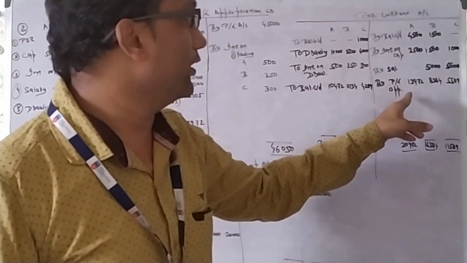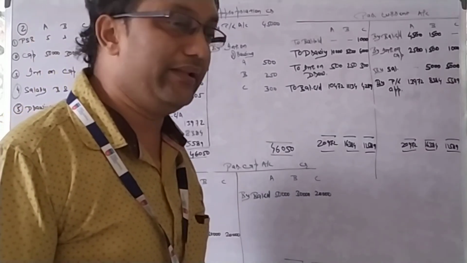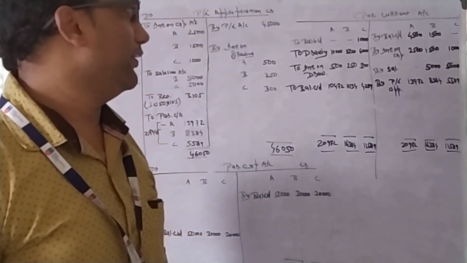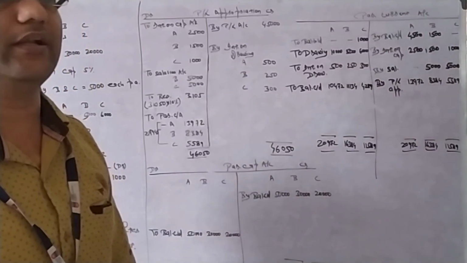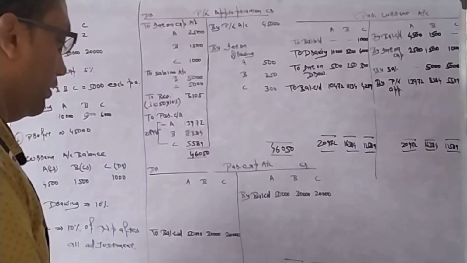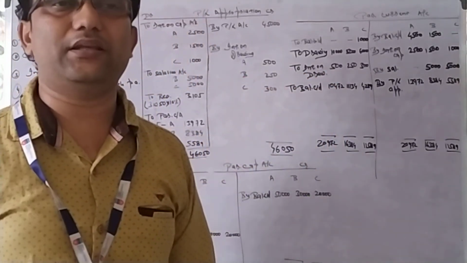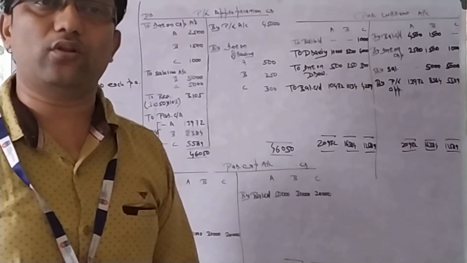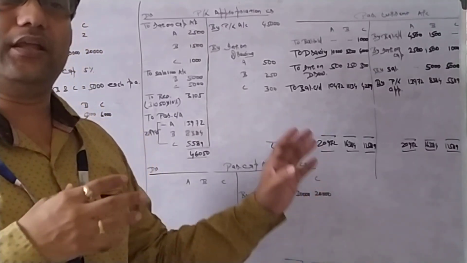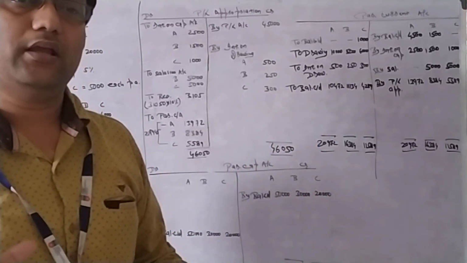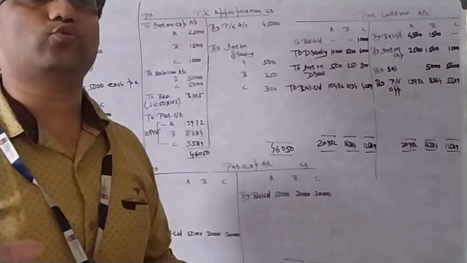So adding opening balance, adding interest on capital, adding salary, adding profit, deducting drawing, deducting interest on drawing, we will get our balance c/d. So we are getting two balances here, one of capital, one of current account. Both the figures will go separately in our balance sheet. So this is how we need to prepare when they give you a fixed capital method. And in our previous example we discussed how to prepare when they give you a fluctuating capital method.